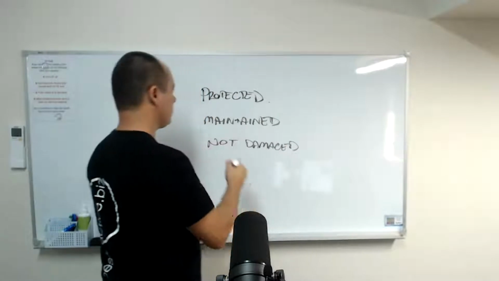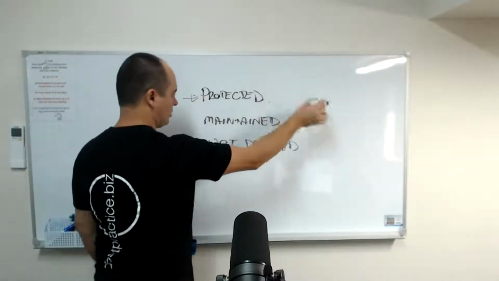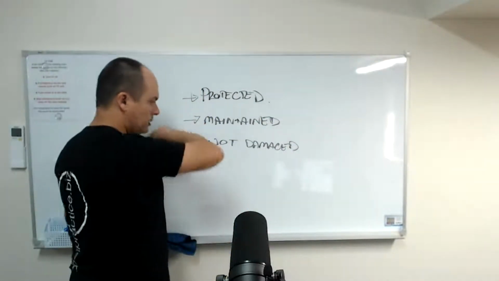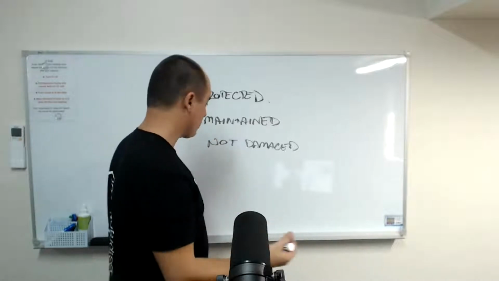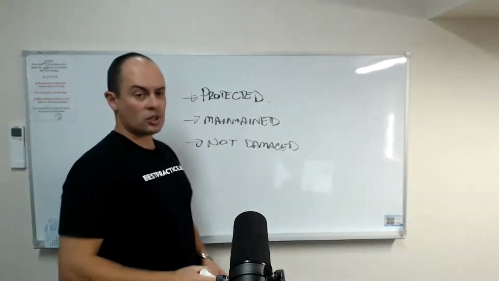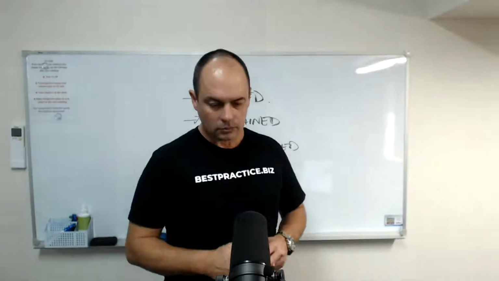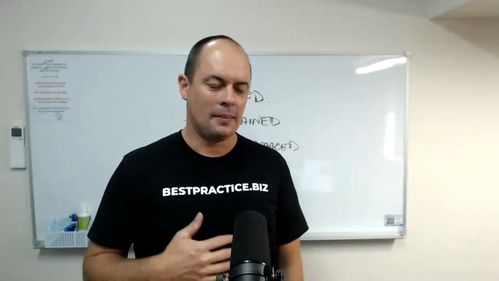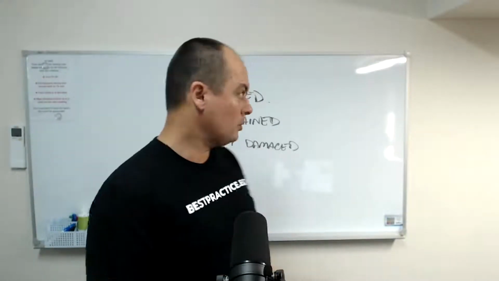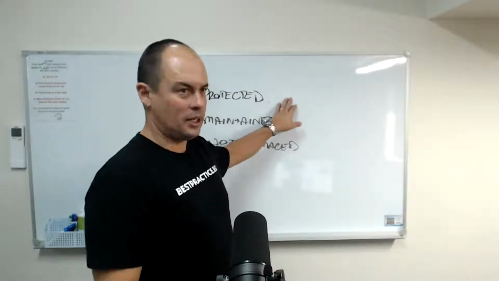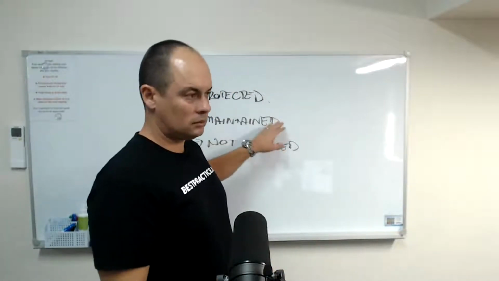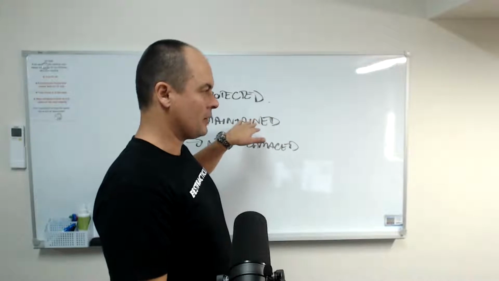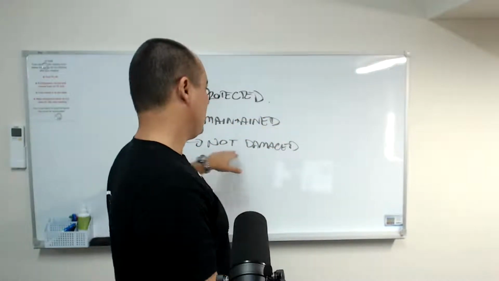So we've got to protect it so someone else can't get it. We've got to maintain it so it's in the right place at the right time, and it's retrievable, if you like. So information security is as much about not getting your money wet, as an example. And if we use money as an example, how do we make sure our money is protected, that it's looked after, and that it's not damaged?